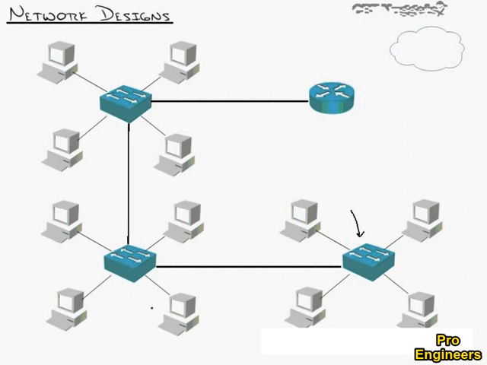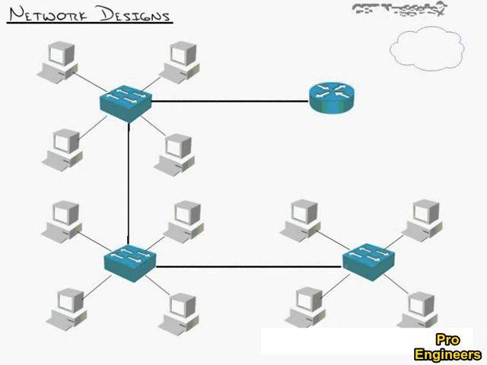And some of you might look at it and go, well, it's a bus, because we have the switches that are tied together in a nice logical bus that all connect up to the router over here. And in actuality, it's both. Because we have star topologies coming off the switches and a bus topology connecting them together. So our modern networks today employ all kinds of those network designs and hybrids of them.